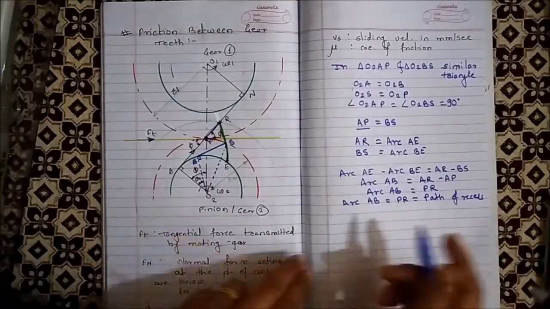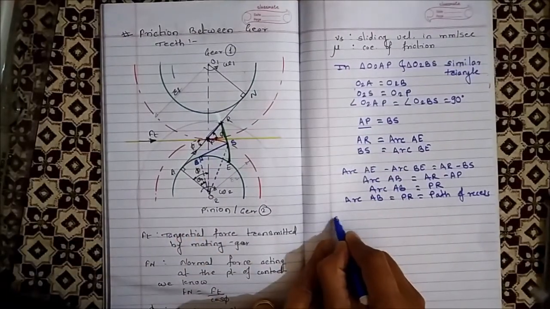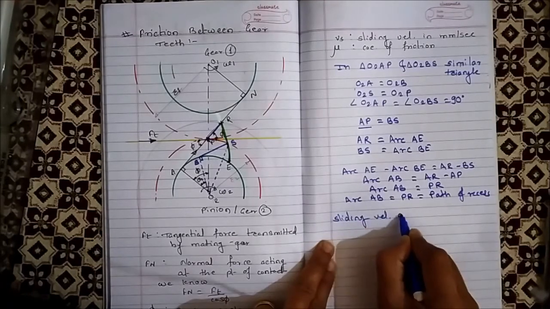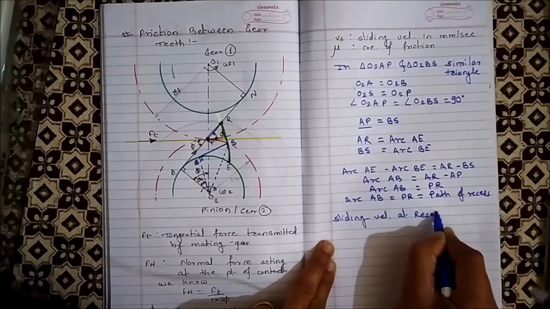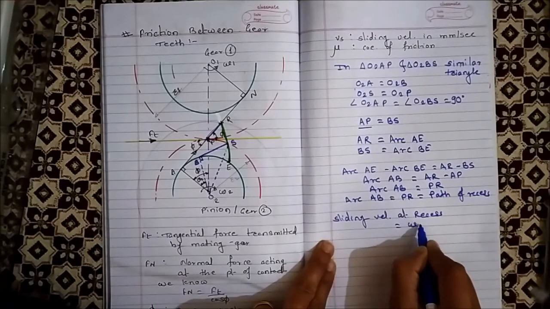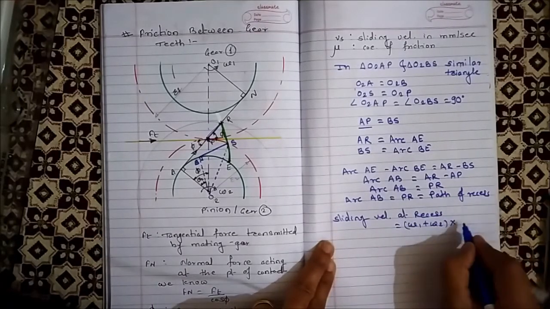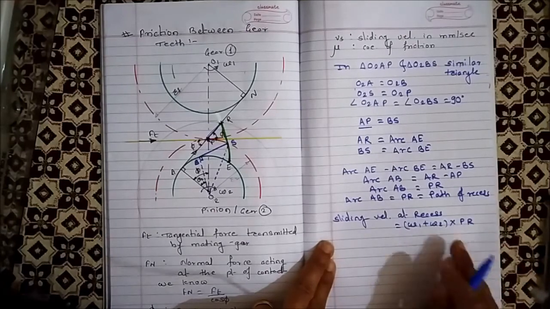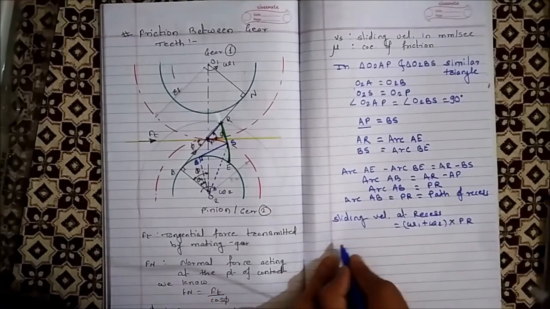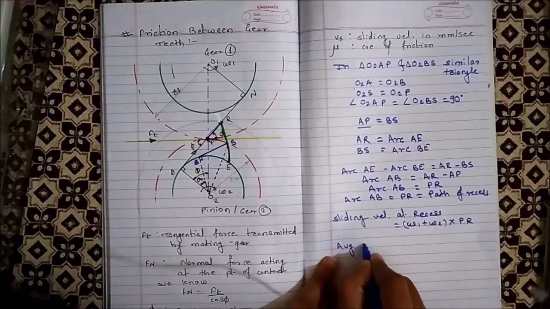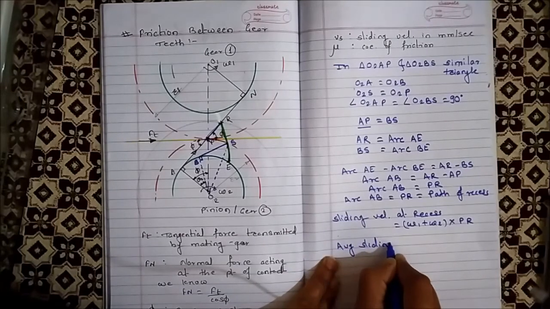Now let's calculate sliding velocity at recess. So sliding velocity at recess is equal to omega 1 plus omega 2 into distance from pitch point. So that is nothing but PR. Okay. And now we are going to calculate the average sliding velocity at recess,